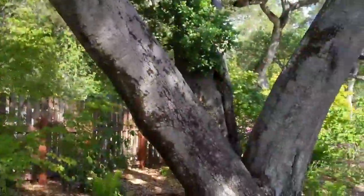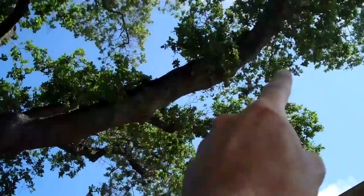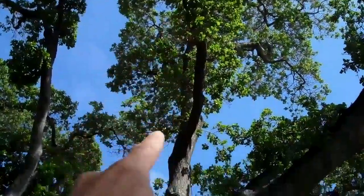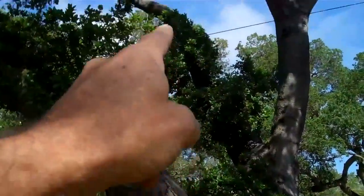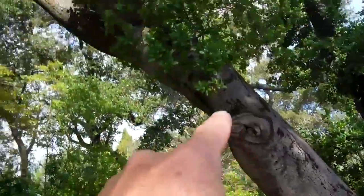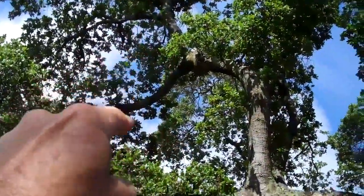Then my recommendation is going to be, let's start with this one over here. I would do this part first, and I would take off all of that weight over there and all the weight behind that's over the roof, leaving just that upper portion of the tree. That center portion over there I would leave alone. This one that goes up here, a little bit of weight reduction, but take off the lower branch on the side. This branch over here, I would say you've got to take off right here because of that weakness, with a little bit of weight reduction over the road,